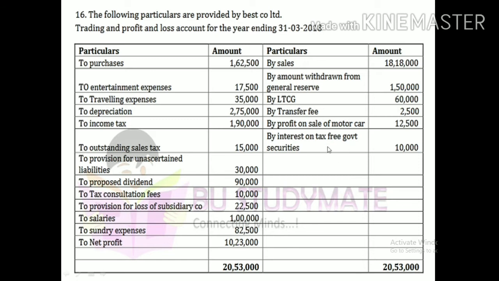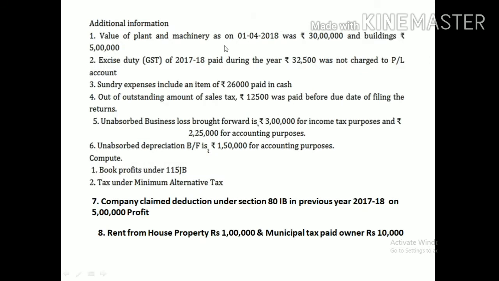Okay, these are the things we should deduct because they are already credited. Next, let's go for allowable expenses not yet debited, which we can find in the adjustments. Please observe the first one: the value of plant and machinery on 1/1/2018 was 30 lakhs and building 5 lakhs. See why they have given this adjustment: because of the calculation of depreciation. So we should calculate